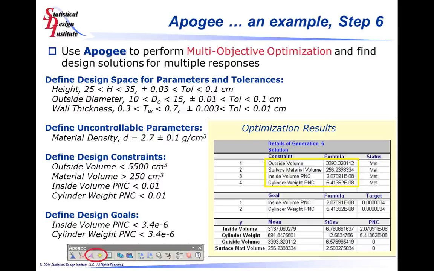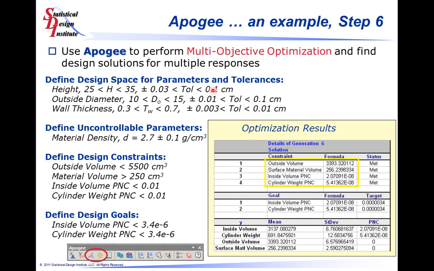So what we're going to do in the optimization approach is identify a design space for each one of the parameters, and you can also identify design spaces for each one of your tolerances if you desire to do so. You can do either parameters or tolerances, or both, depending on what you select. So in this case, we're going to say that for height, rather than picking the value that we had before, we could pick any value between 25 and 35 centimeters for the height of the cylinder, and we could pick tolerances anywhere between plus or minus 0.03 up to plus or minus 0.1 centimeters for the tolerance on whatever